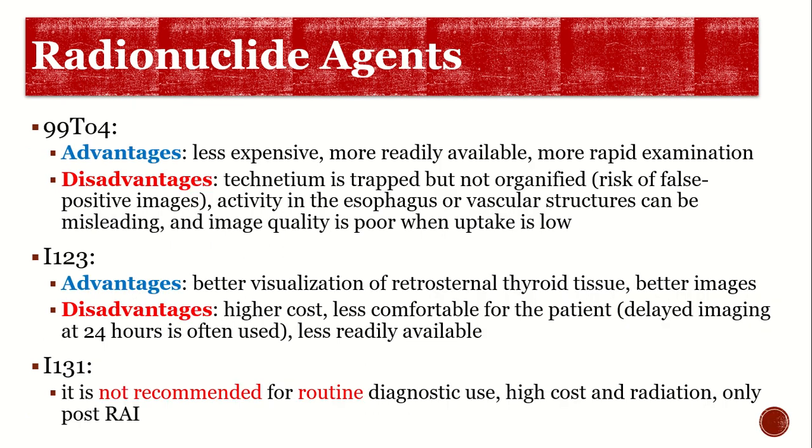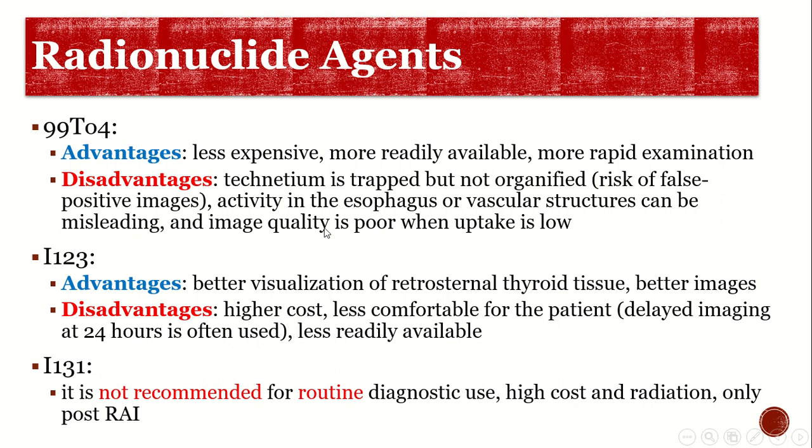The used radionuclide agents are technetium 99, iodine 123, and rarely we need 131. The technetium is less expensive, more readily available, more rapid examination. After infusing the technetium, in 30 minutes we could do it, but it's trapped but not organified, so high risk of false positive imaging is seen, and also the activity of the esophagus and vascular structures can be misleading